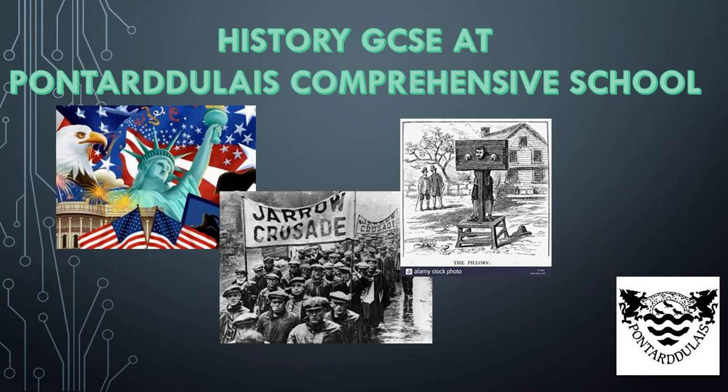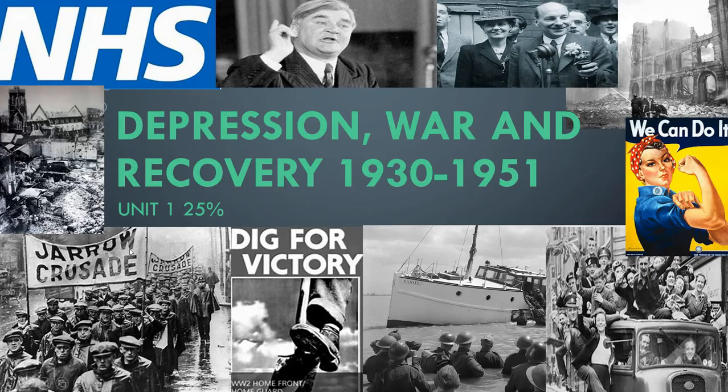I'm just going to take you through some of the things that we study should you choose to take history at GCSE with us. So first of all, our first unit is Depression, War and Recovery, 1930 to 1951. And this starts off by looking at the Depression in the 1930s and how it affected people's lives. We look at things like means tests, the hunger marches, and how people coped with day-to-day life during times of